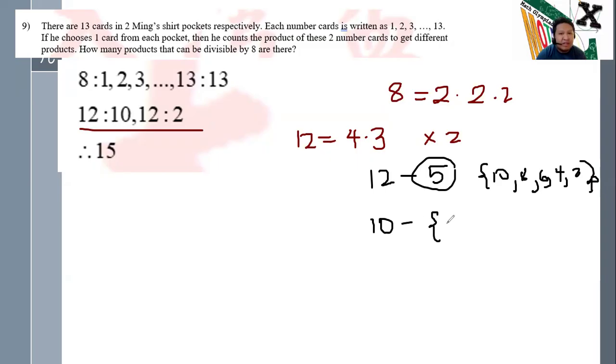With each number card in the pockets, to get different products. Wait. How did it count the product of these two number cards and get different? If just one card from each pocket, 1 to 13. Okay, so we can pair that one out. So for that case, I think we can also pair